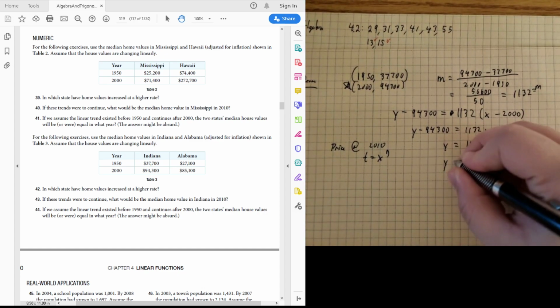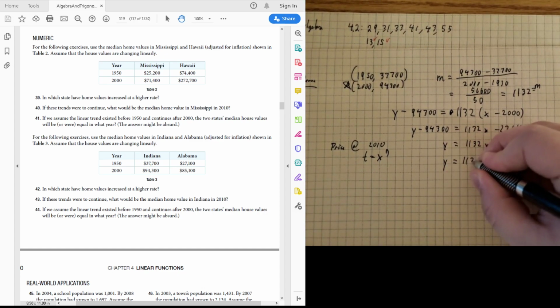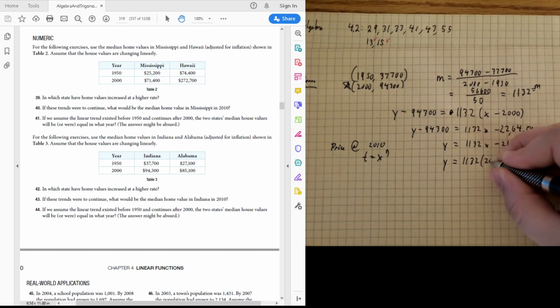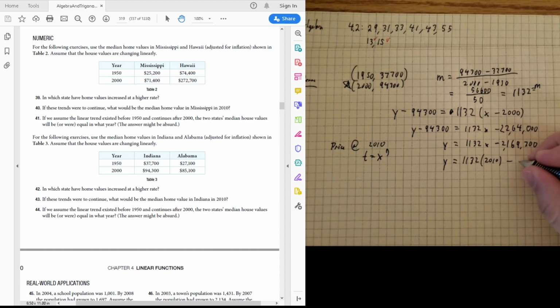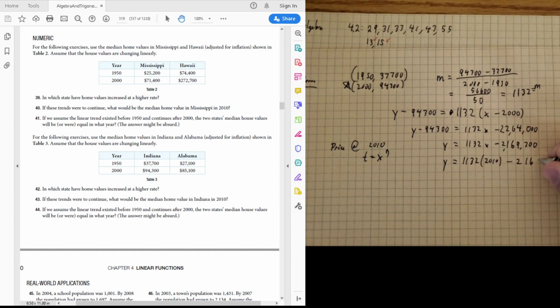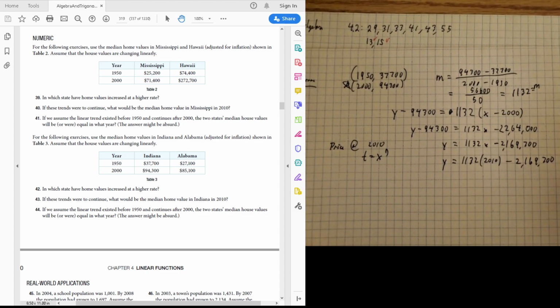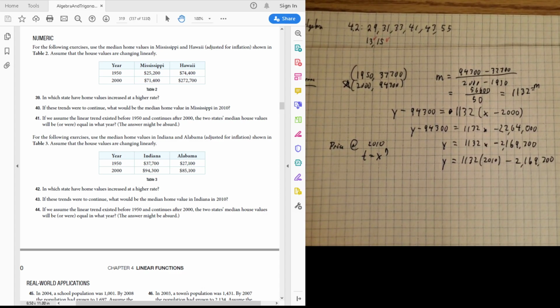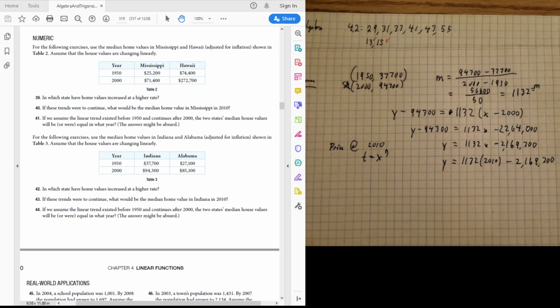So I do y equals 1132 times 2010 minus 2169,700. And let's get an answer. 1132 times 2010 gives me a value of